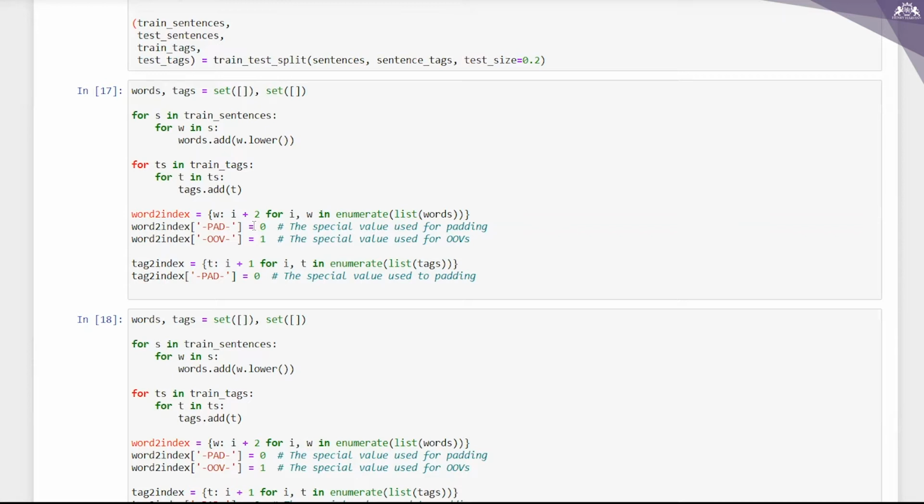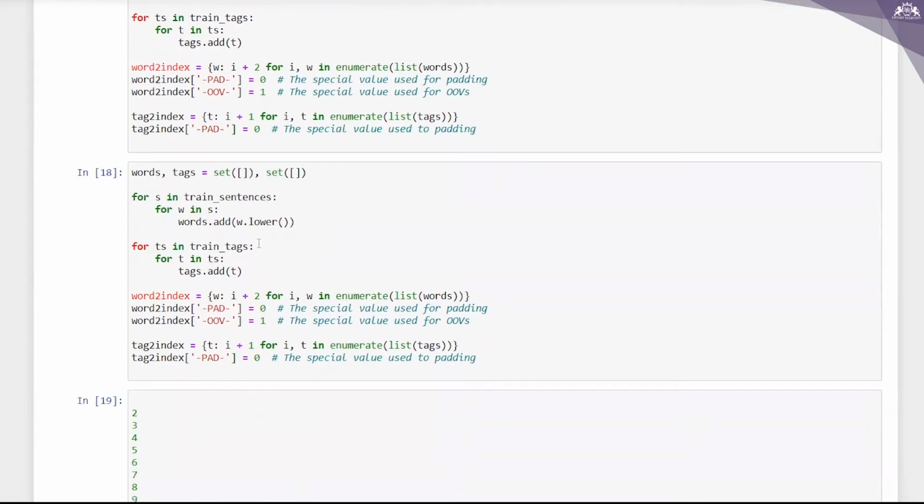We will also add a special value for padding, and I'm also adding one for unknown words, that is OOV. What is OOV? Out of vocabulary.